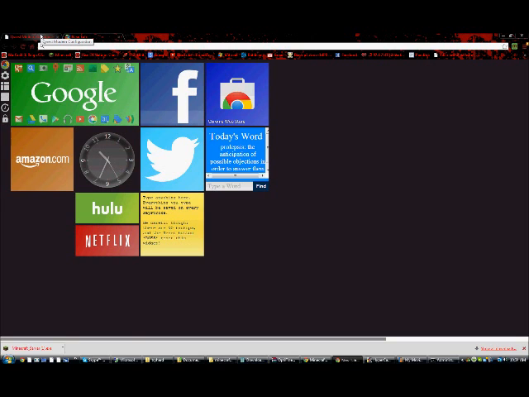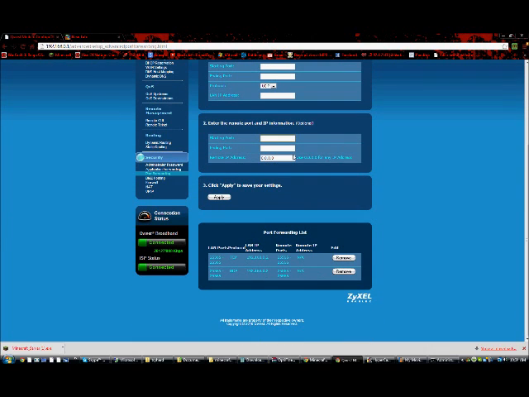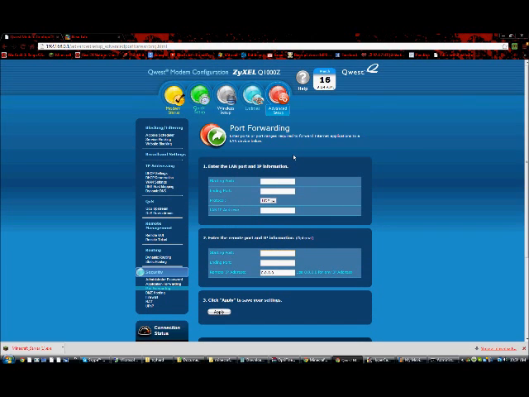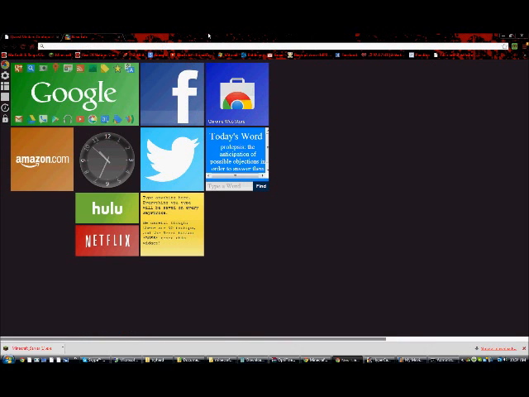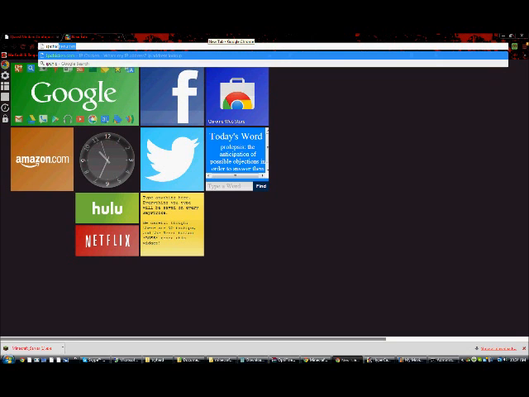Okay, one thing you need to note is if you are using a modem and you're using this, make sure your computer is connected to your modem, wirelessly or hardwired, either works, but make sure it's connected to your modem and not the router. I have a router and a modem, but I connect to my modem when I'm running a server. Okay, then you'll come here and type in IP chicken